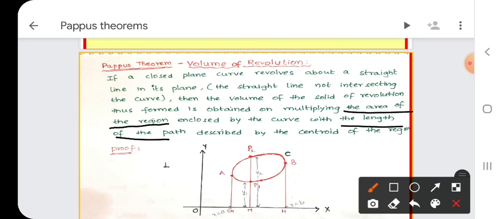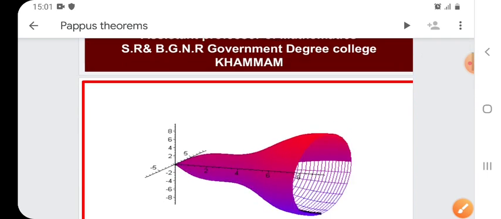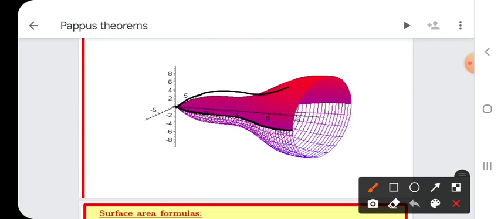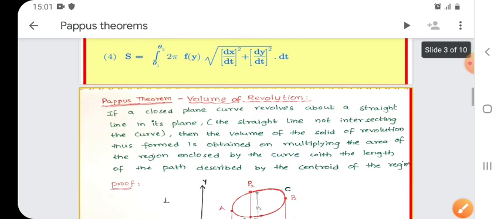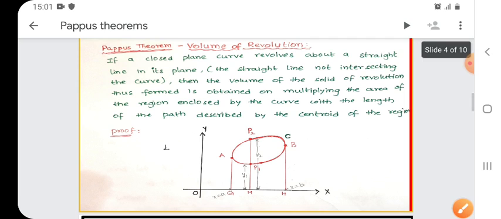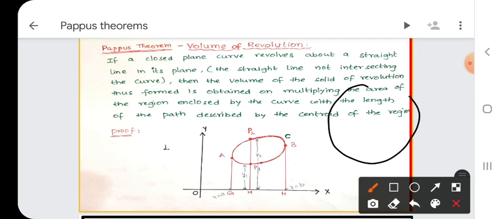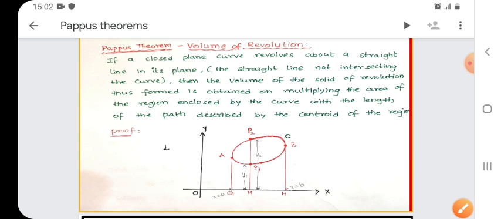First, what is our given curve? A closed plane curve. Here we have just a curve; this is not closed. Here we have a closed curve. Closed curve means the starting and ending points coincide. If this is the starting point, this curve again stops here, so we can't distinguish the starting and ending points. Closed curve means a closed object. See here, this is our closed curve.